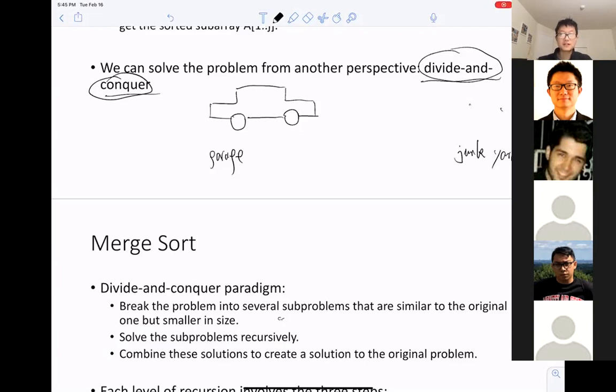So the logic is this. This car is definitely very heavy, more than 1,000 pounds, even around 2,000 pounds. So you cannot move it by hand to the junkyard as a whole. So what you are going to do is divide it or cut it into small pieces.